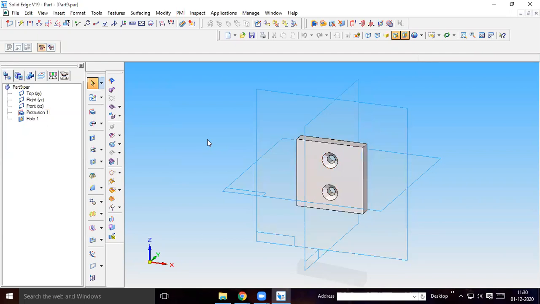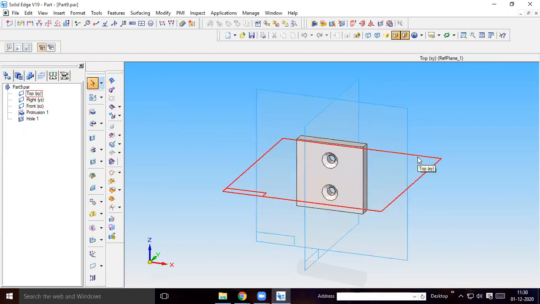Is it clear? Yes, sir. Now all the parts are over. Okay, another 15 minutes is there. Shall we complete the assembly or take it in the next class? Next class.